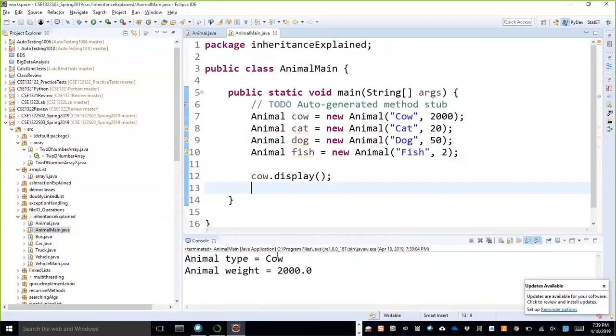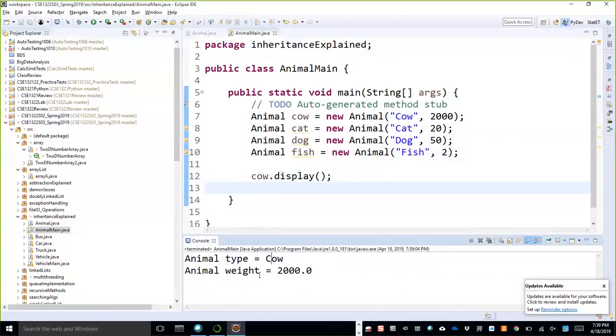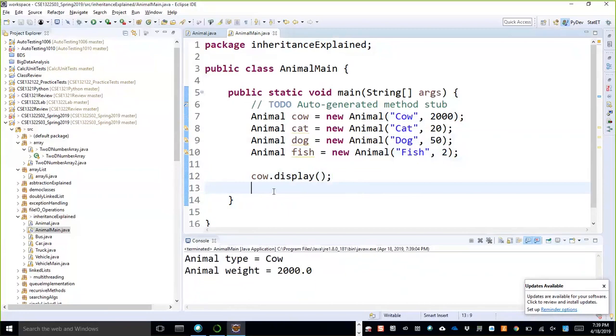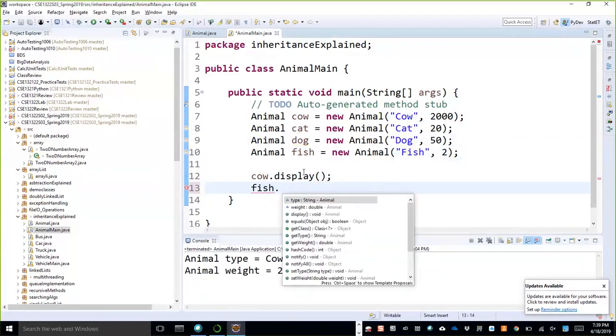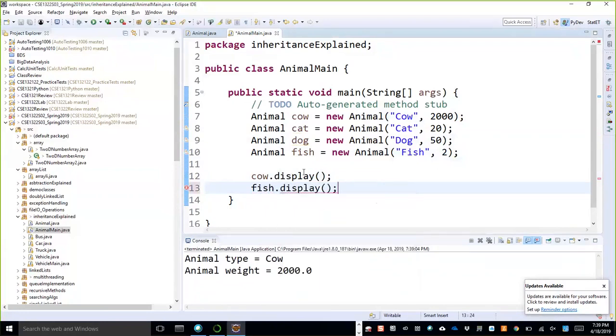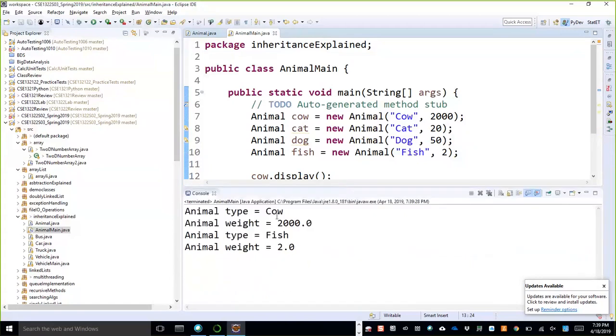So my animal type is cow and my animal weight is 200 pounds, right? Then if I want to display my fish, fish dot display, and I run it again, it will display my cow.